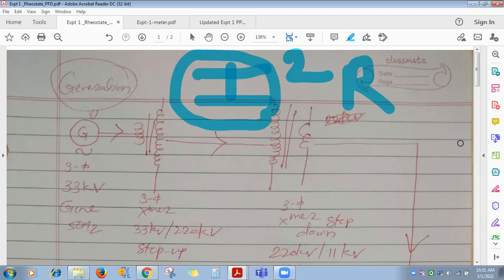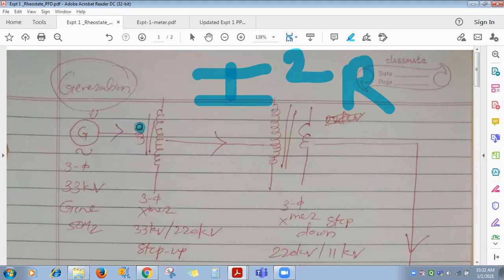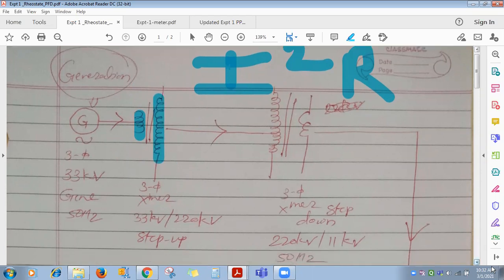And which instrument or device is used to step up or step down the voltage? Transformer. Transformer, very good. So all of you can see this is the symbol for a three phase transformer. This is the primary winding and the other side is the secondary winding. Two vertical straight lines indicate the core of the transformer. It is made up of silicon steel. Three phase transformer means you will find three windings on the primary side and three windings on the secondary side. So this is the three phase step up transformer.